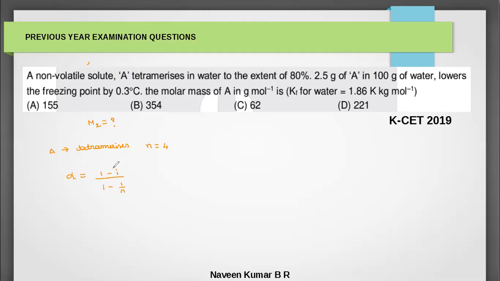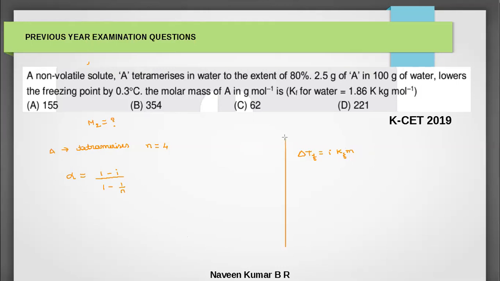Now, if we find i by using this detail, i can be related with the correction term in the colligative property of lowering of vapor pressure: delta Tf is equal to i into Kf into m. So by using this formula, we can calculate the molar mass. Now this will be our final